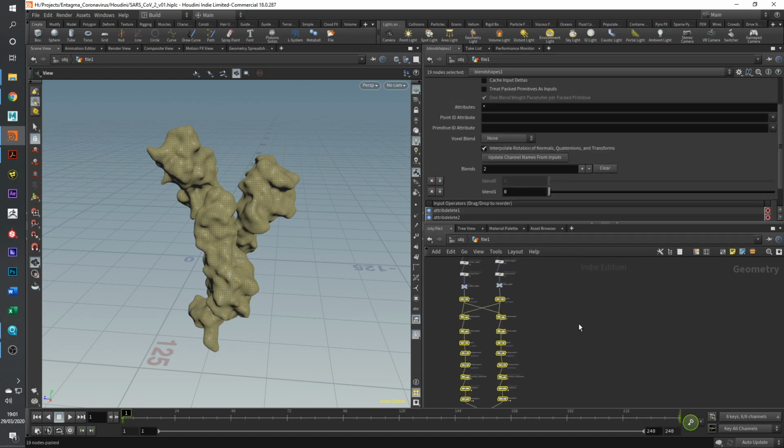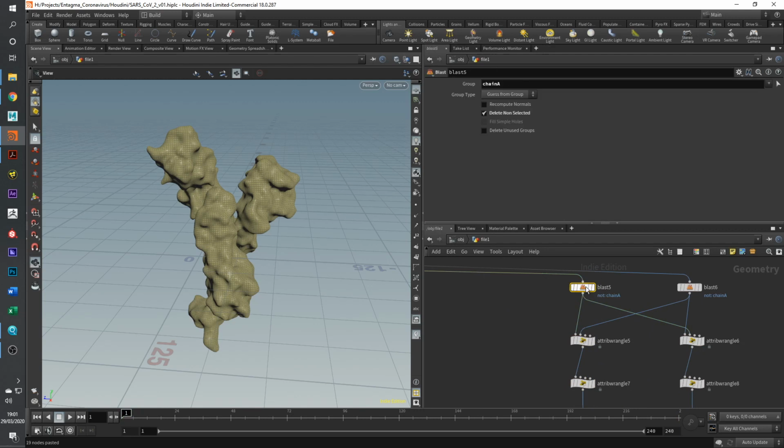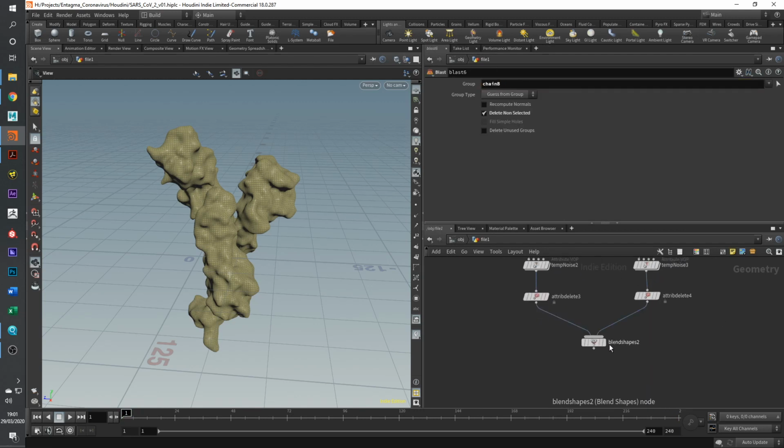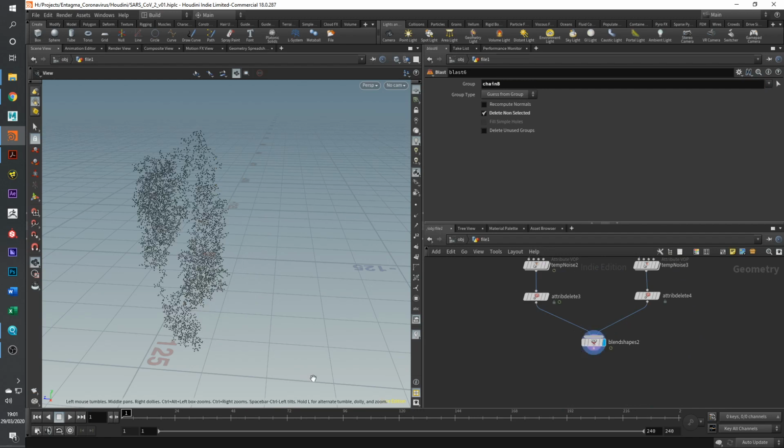So let's copy all of that across. But of course, we need to make sure that we're not isolating chain A, but we're isolating chain B. Let's go down to our blend shape and visualize it here. Okay, so for this one, what we're going to do here is we're going to look at a ribbon diagram